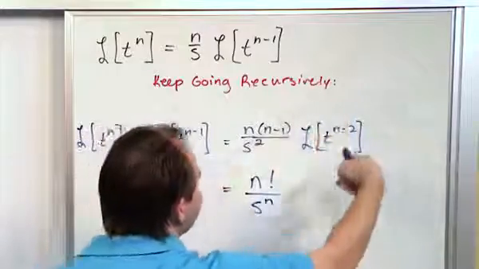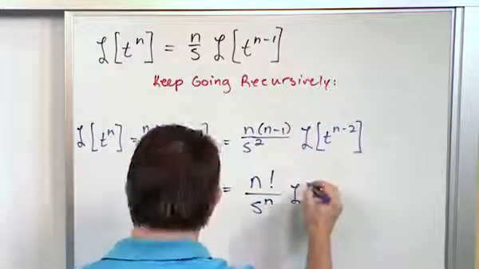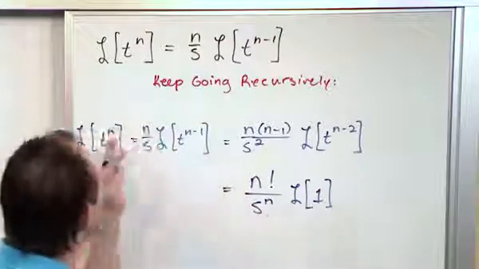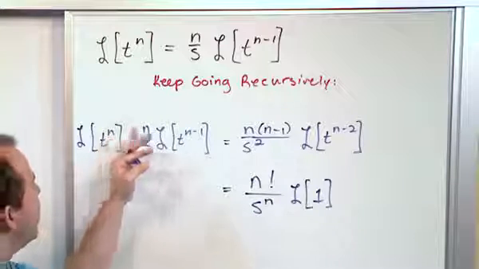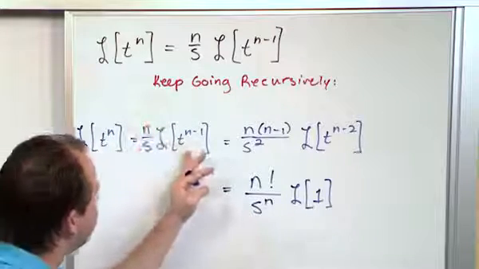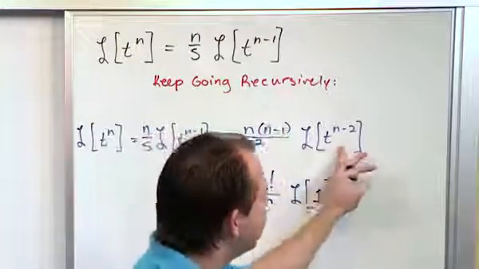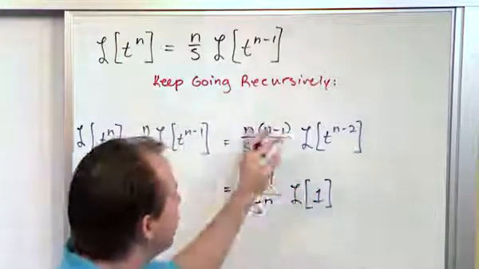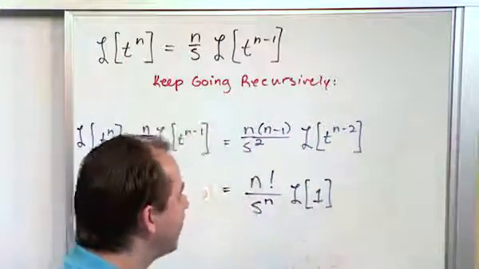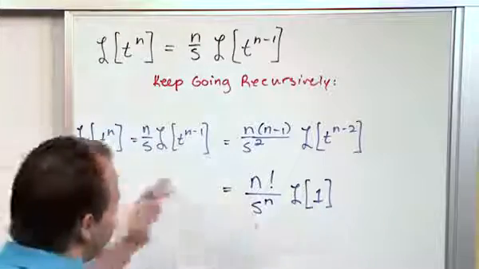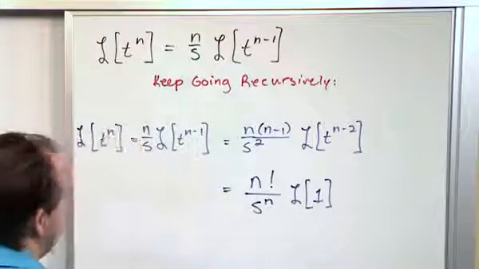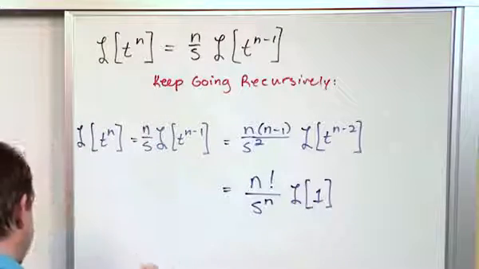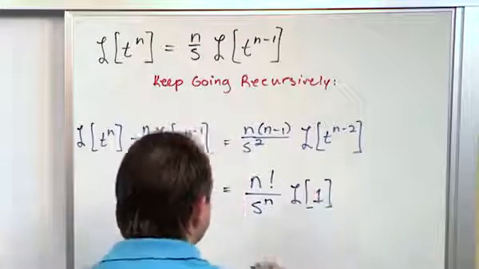And then eventually, if I keep going down this rabbit hole, I'm going to get to a situation where I'm going to take the Laplace transform of 1. Because eventually, let's say I start with t to the fourth. Then I'll have to find the Laplace transform of t to the third, then t to the second, then t to the first, and then t to the 0, but anything to the 0 is 1. So eventually, if you keep going far enough, you're going to end up having to find the Laplace transform of the number 1. And we just learned in the last section that